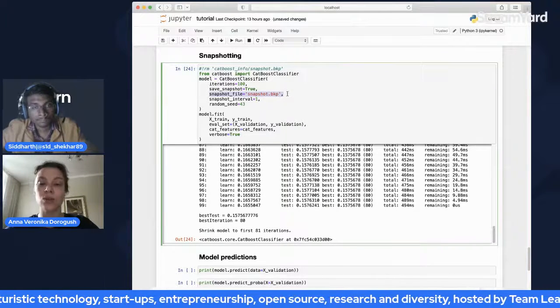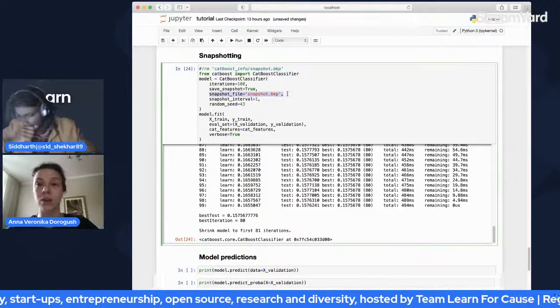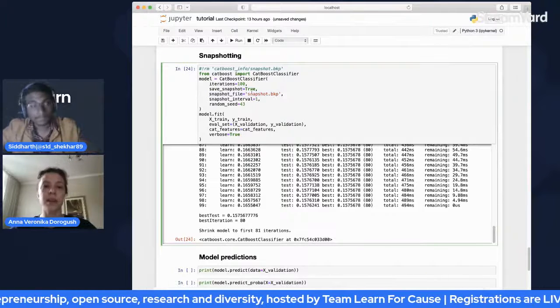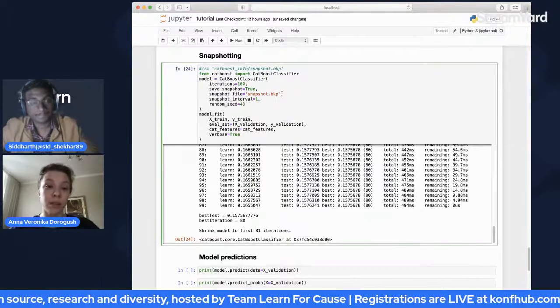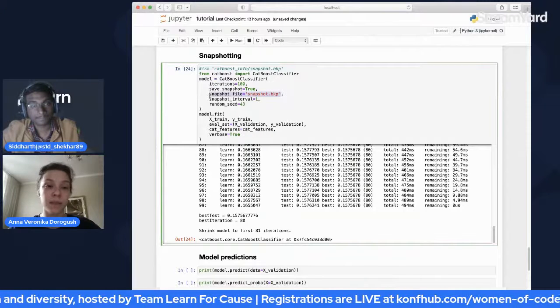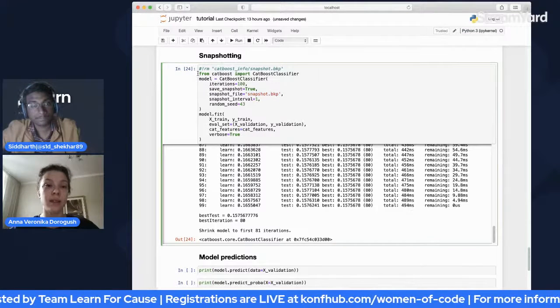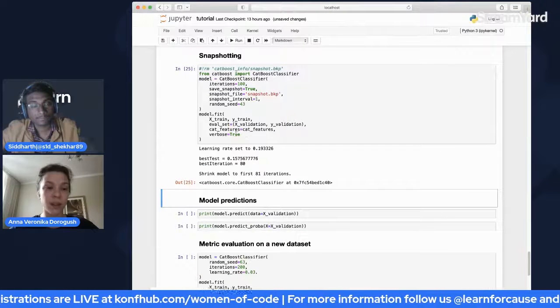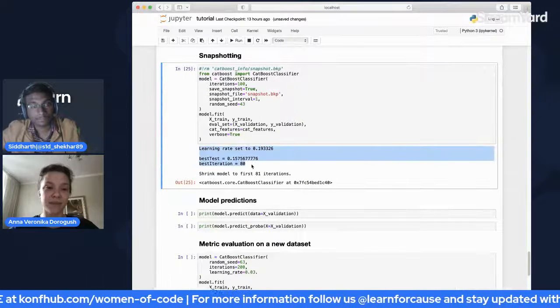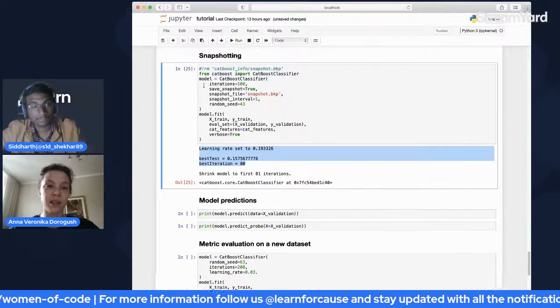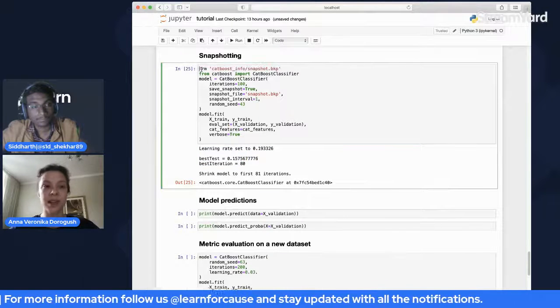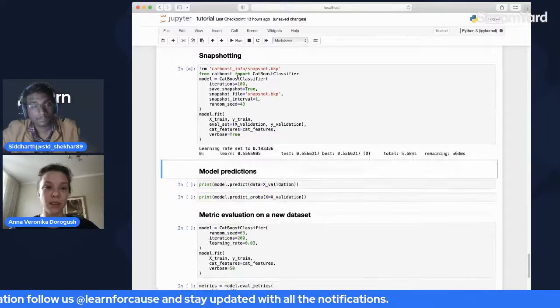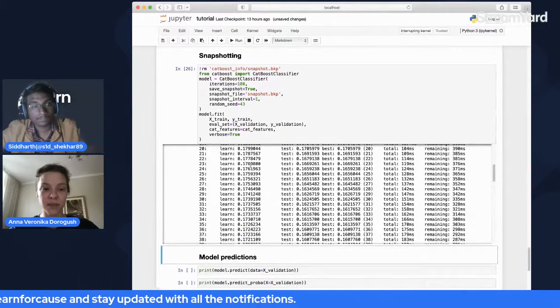That is something that you do in neural networks also, because they also train for a long time. Now, if you have the snapshot file, and you have trained the model, and you are training one more time, then no work is done. So it instantly gives you an answer. Let's try removing the snapshot again. So we are training this now.